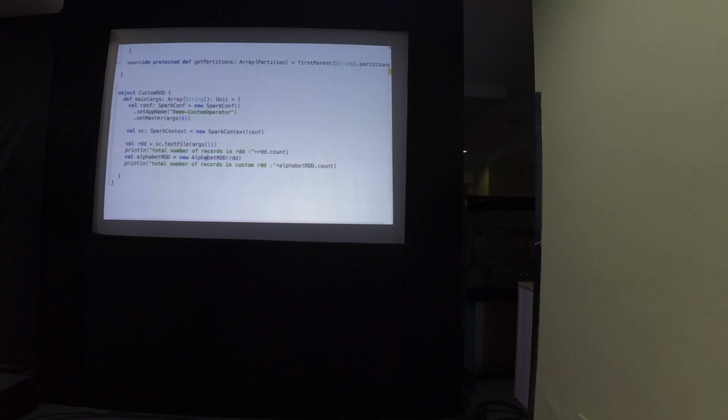Here I didn't use implicit. I am just passing the RDD and getting a new alphabet RDD, which is of type alphabet RDD, and I am doing count on that. So the first one will give the line count in the readme file. The second one, since we have modified the RDD and made it a collection of words, will give the word count. But this complete method will also be called an action,